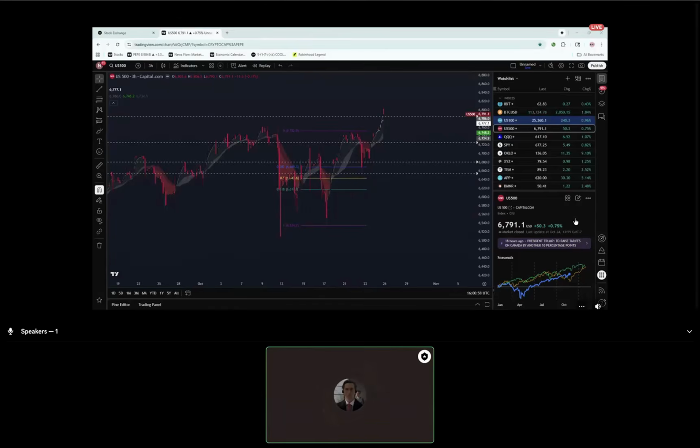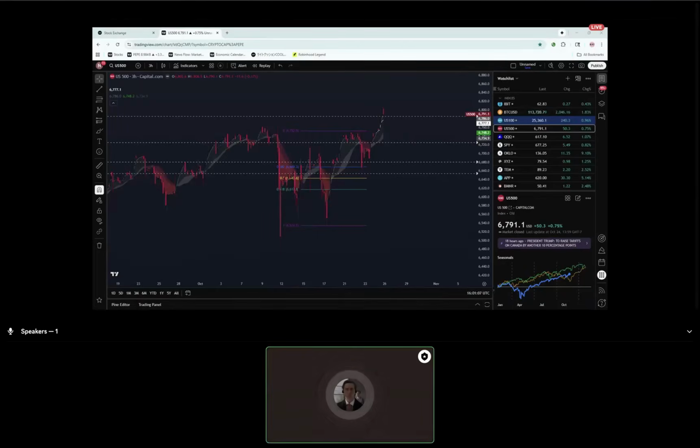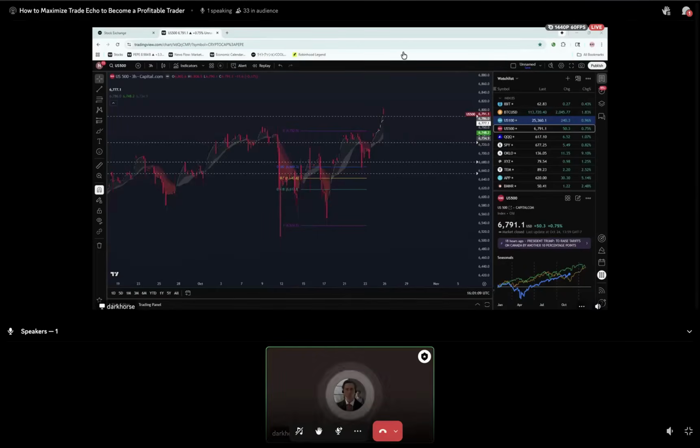So you can take 3 contracts. Say your port is smaller. You take 3 SPX contracts or 3 SPY contracts. You can do the same thing and you'll be profitable. So say you take 1 contract. If you target the right levels,